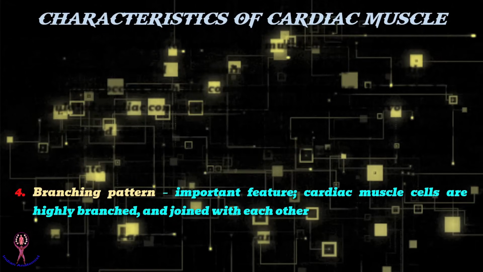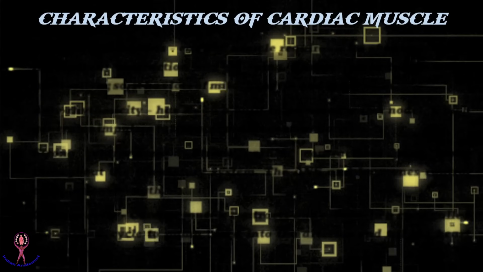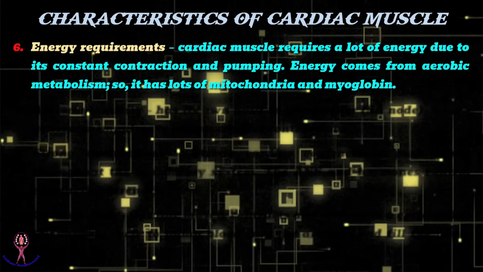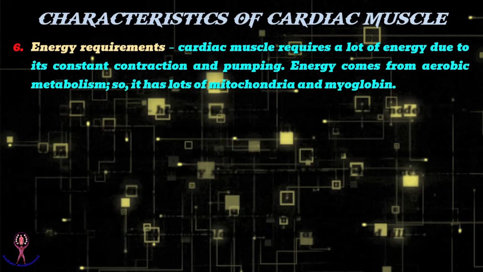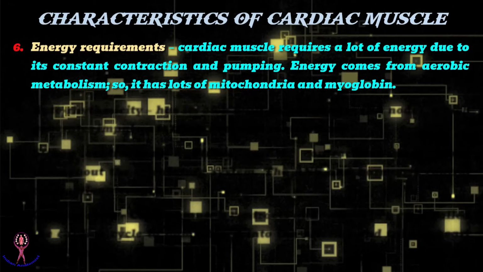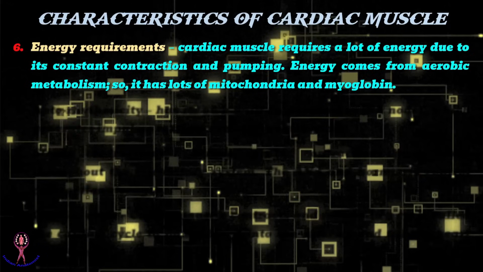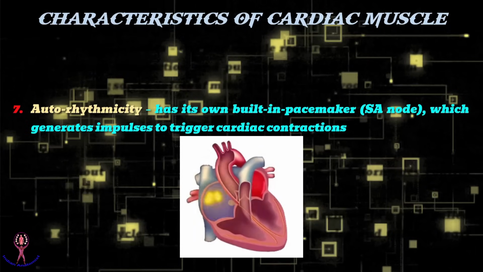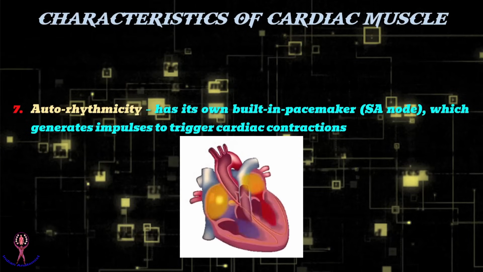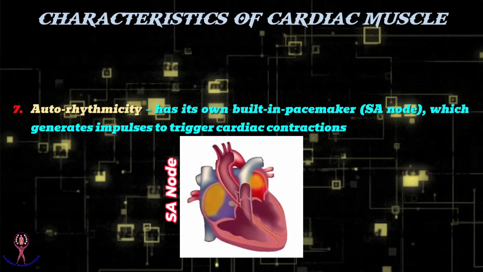Number 5 is nuclear shape and position: a flattened, or oval-shaped nucleus. Number 6, energy requirements. Cardiac muscle requires a lot of energy, due to its constant contraction and pumping. Energy comes from aerobic metabolism, so it has lots of mitochondria and myoglobin. Number 7 is autorhythmicity. This muscle has its own built-in pacemaker, that is the sinoatrial node, which generates impulses to trigger